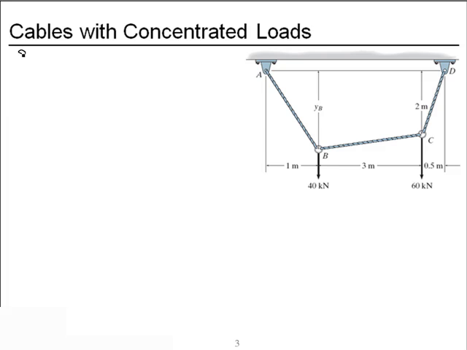Step 1. We're going to apply equilibrium to point B. So I'll draw that point. We have unknown tension in segment AB, unknown tension in segment BC, our downward applied force of 40 kilonewtons,